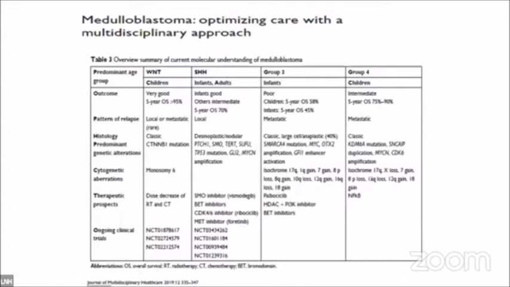Because a lot of radiation was given, usually in the old days, 36 gray of radiation was given to this child. And this child, especially of low-grade medulloblastoma, is much more prone to secondary malignancies rather than the medulloblastoma itself. They are more likely to die because of secondary malignancy than of the group itself.